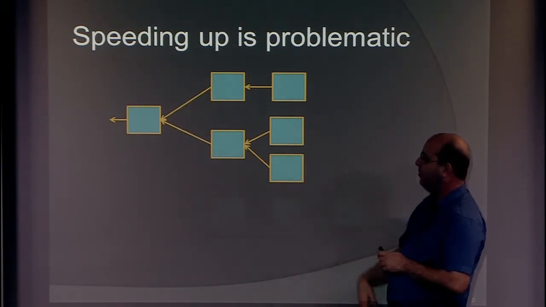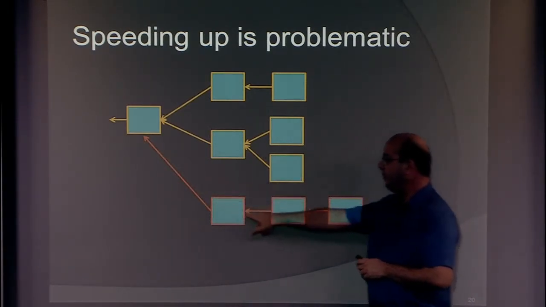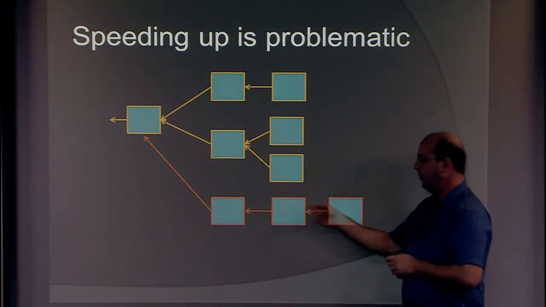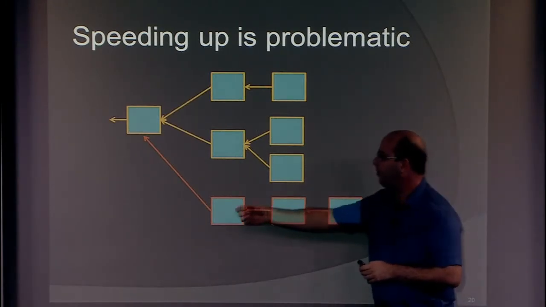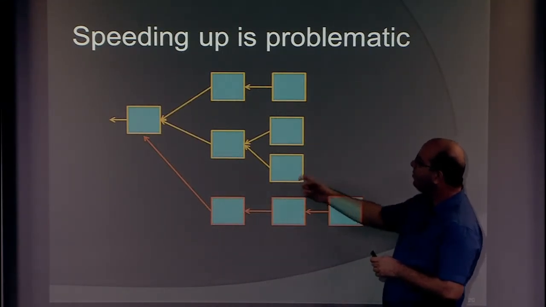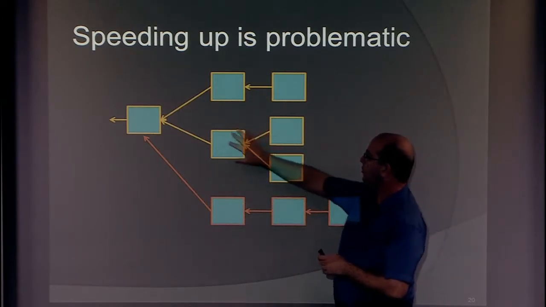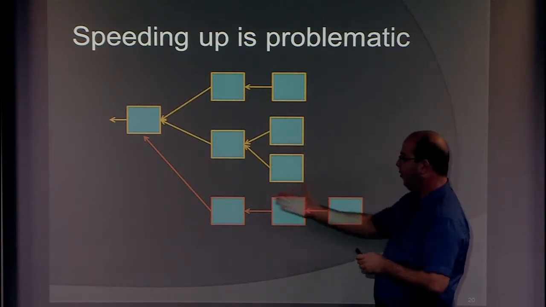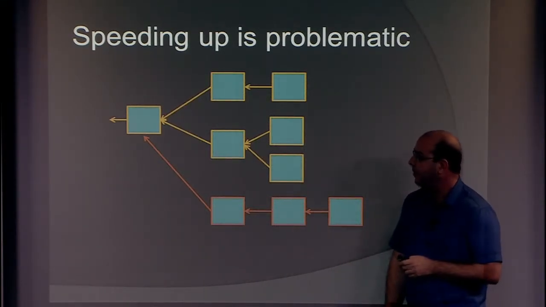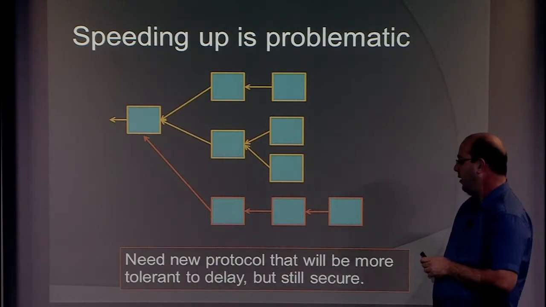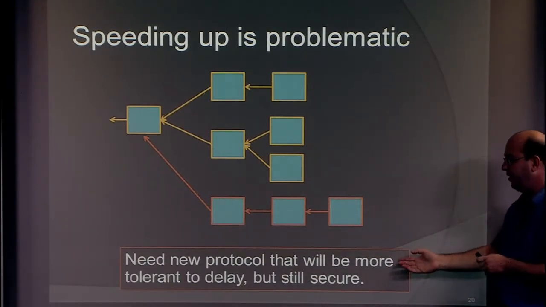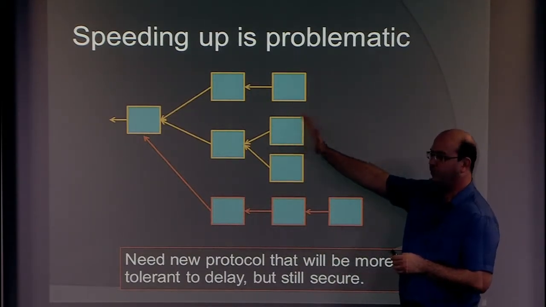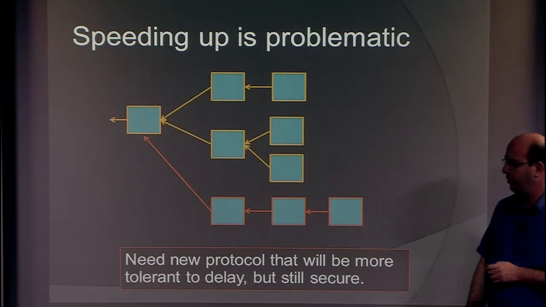And now what happens is when an attacker shows up and he wants to switch our worldview, he needs just a very small number of blocks to do this. So in this case, 3 blocks will displace the longest chain here, even though the network has spent a lot of computational effort building basically 5 blocks here. They're easily displaced by 3. So we need our protocol to be somehow more tolerant of delays, so it will allow these forks to occur, but still be secure. Okay, so how can we do that?